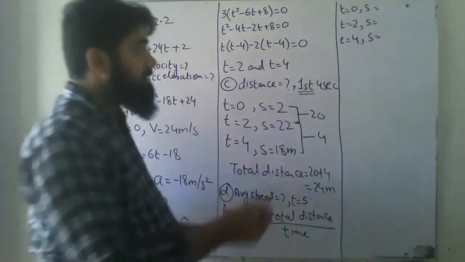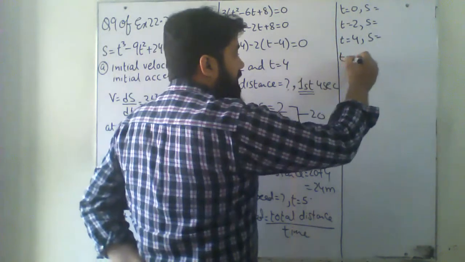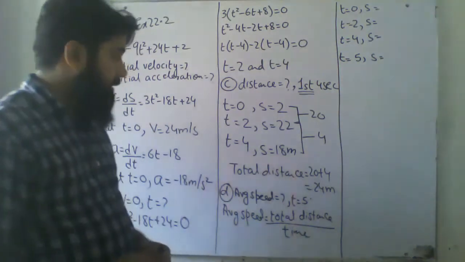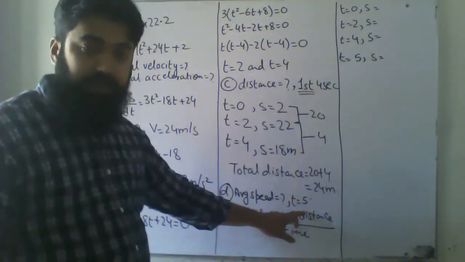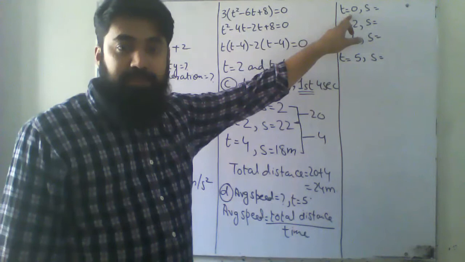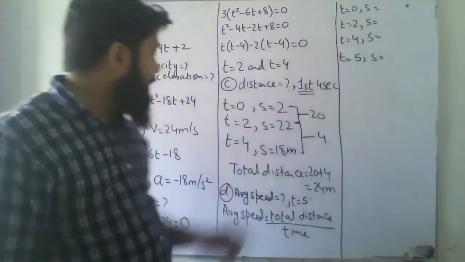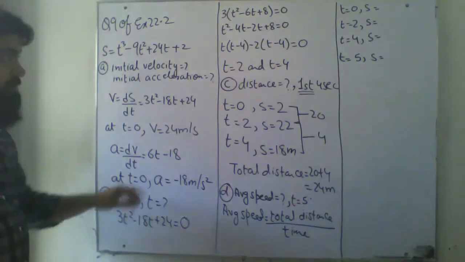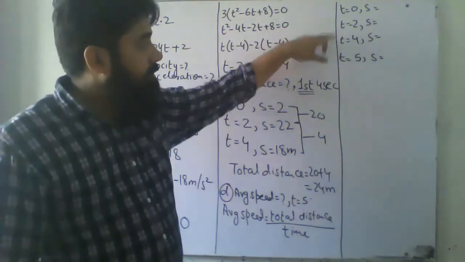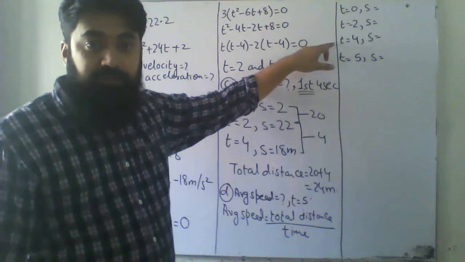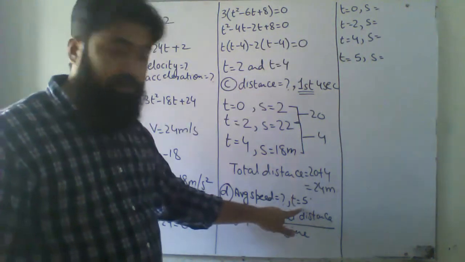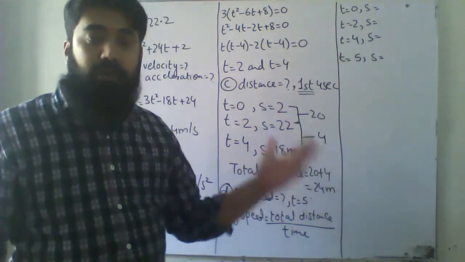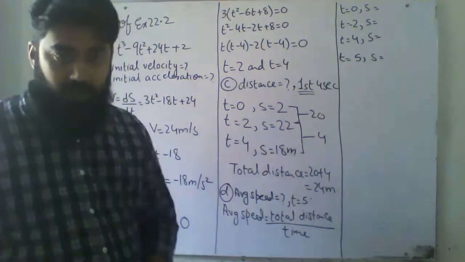Okay, so this is the same thing. I will go for t equals 5, the first 5 seconds. First of all, I am finding the displacement at t equals 0. After that, there were 2 times at which my velocity was 0, so I am finding them at these points. And after that, directly this point, because after these 2 points, there is no other turning point. So I'm going to solve it.